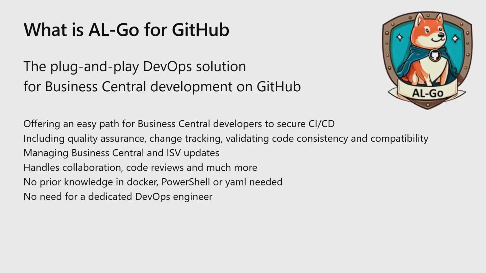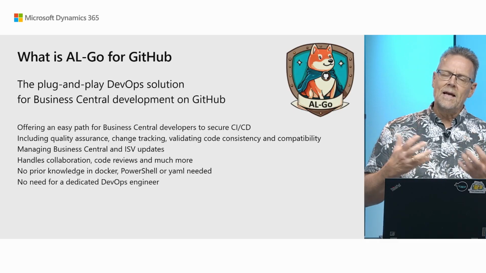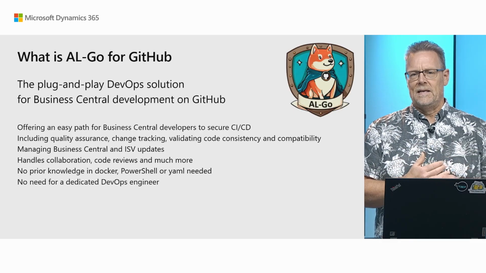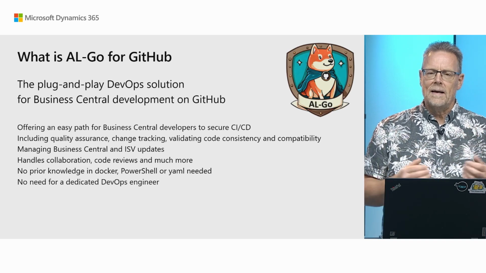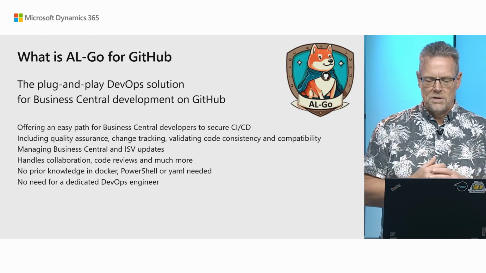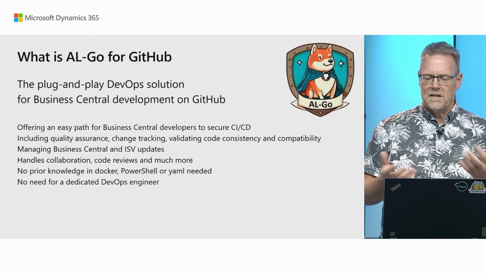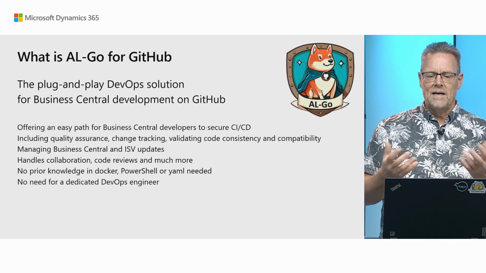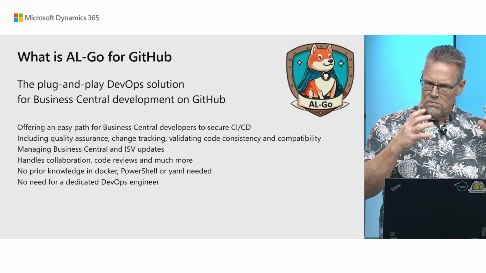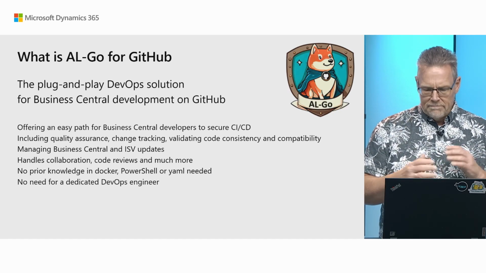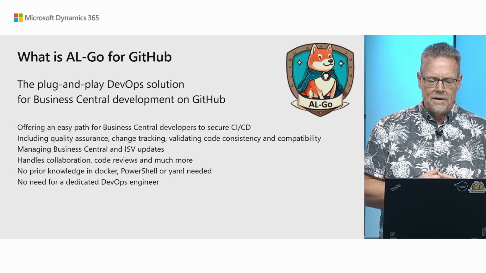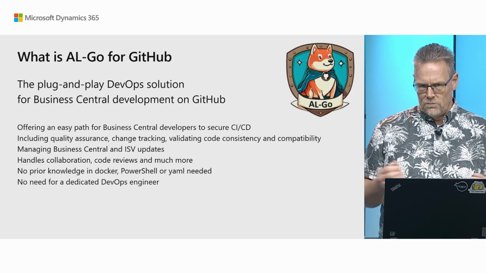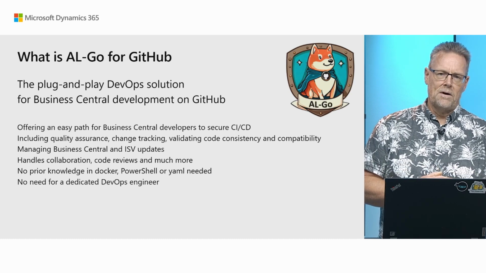So what is ALGO for GitHub? Well, ALGO for GitHub is the plug-and-play DevOps solution for Business Central development on GitHub. It offers you an easy-to-use DevOps solution where Business Central developers can do secure CI/CD and include quality assurance, change tracking, validation of code, and all of the things that you would expect from a modern and